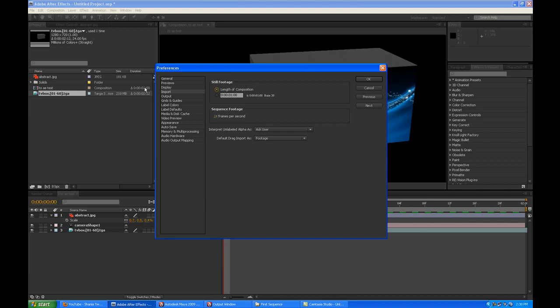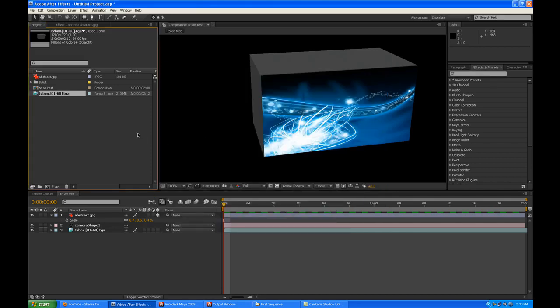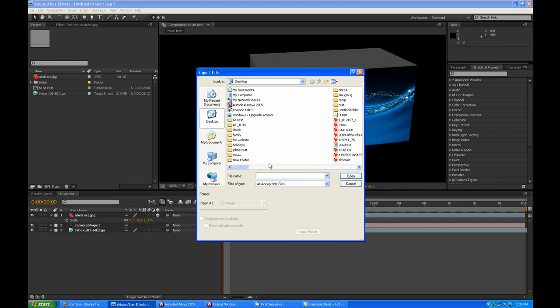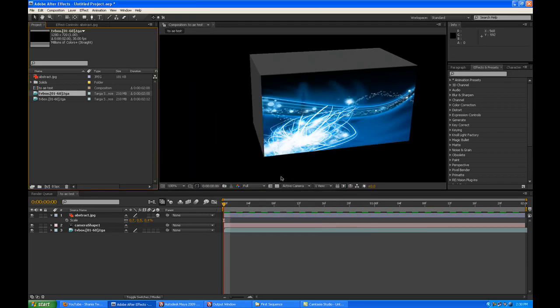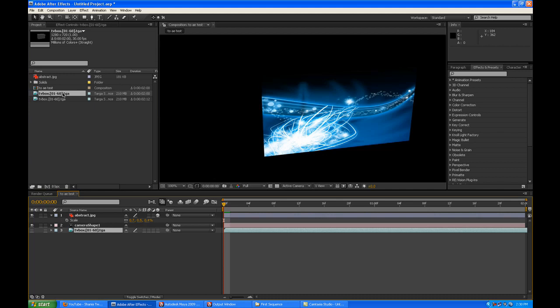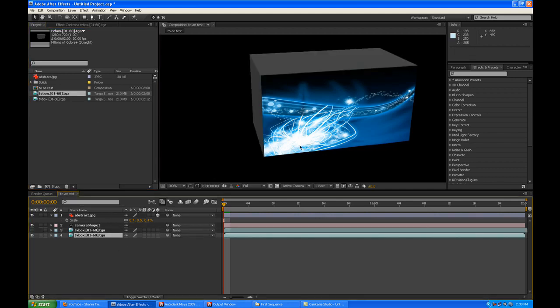If it was 30, I'll tell you what happens. I'll just put it to 30. I think by default it is 30, I guess. So if it's 30, I'll re-import the image. And it shows 30 frames per second, and I just cut this out and drop this in, and if you see, it matches for the first frame, but if you move,